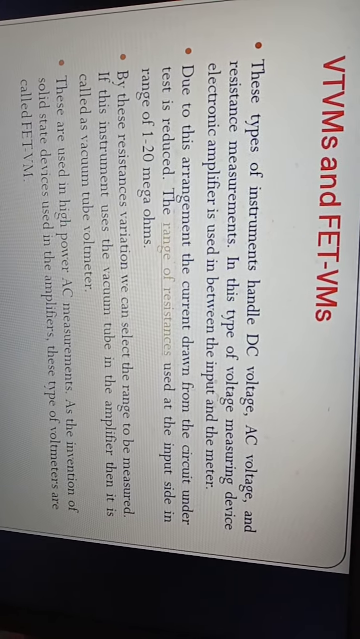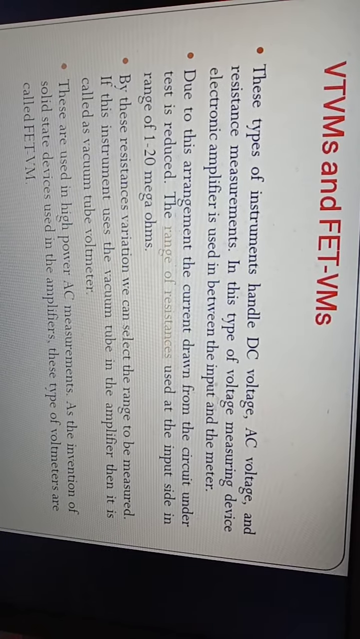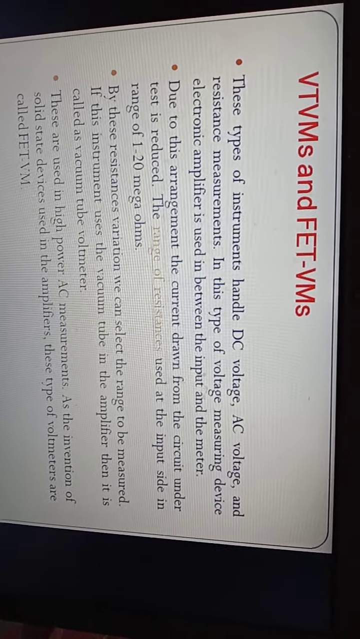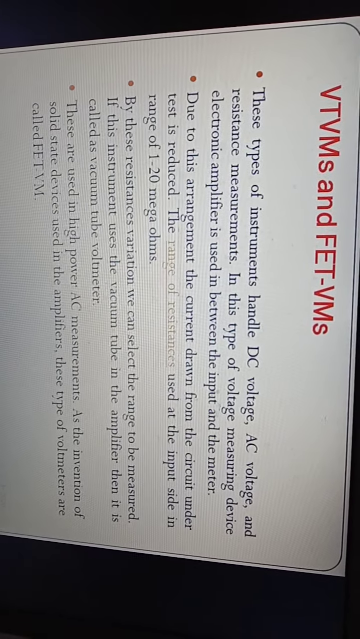In the vacuum tube voltmeter, it is an old type of voltmeter. It will show the